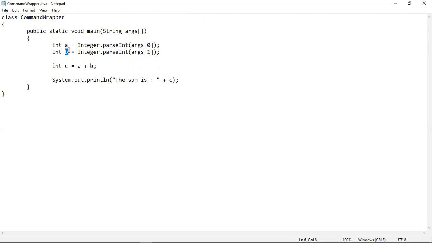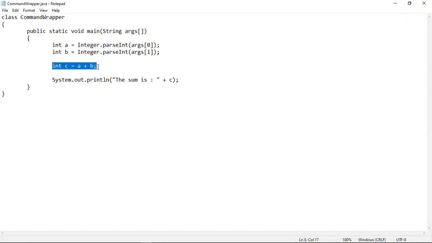In the next statement also we are doing the same thing, because we want to do the same for the second value to be added. The second value that has been stored in the first location of the args array should also be converted from string to integer. For that, we are using the parseInt method again, which is a method of the Integer wrapper class. As it is a static method, we are accessing it using the class name.